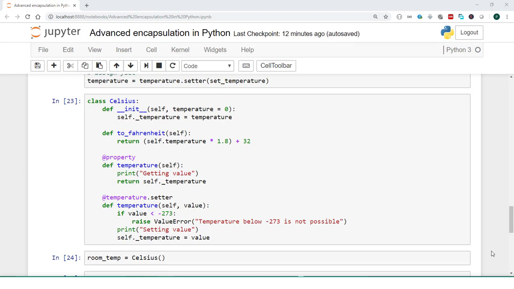So up next, we are going to have a look at a few more interesting and fascinating concepts in object-oriented programming